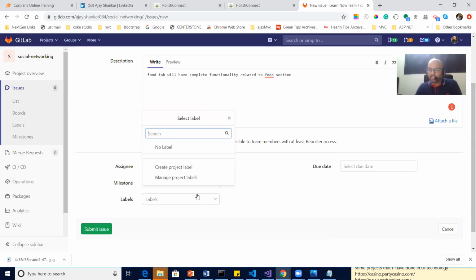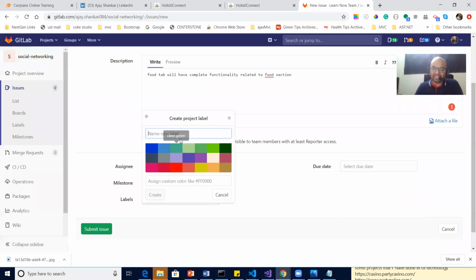As of now, labels are also not created. It's a fresh project. So what is a label? In the label, I'm going to put what kind of issue it is. So I say this is a story. Green color, so we'll assign green color to all the stories.